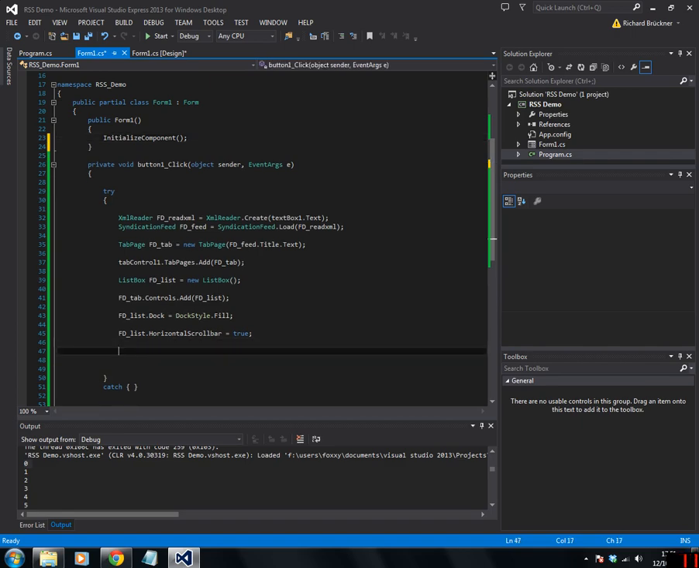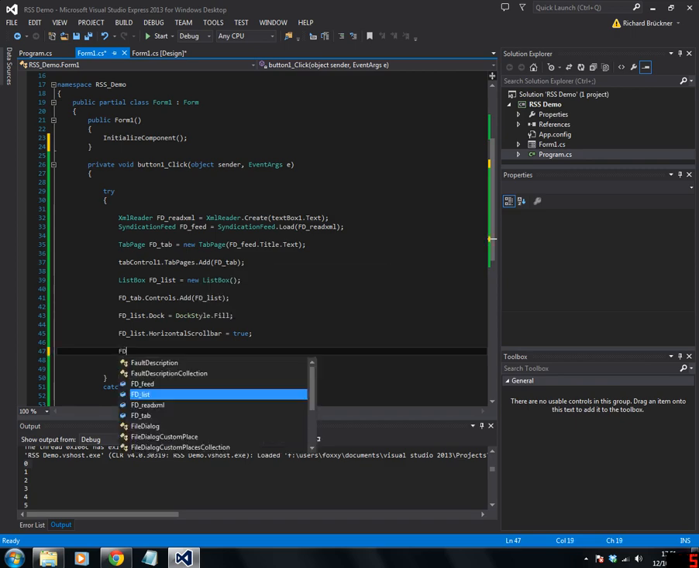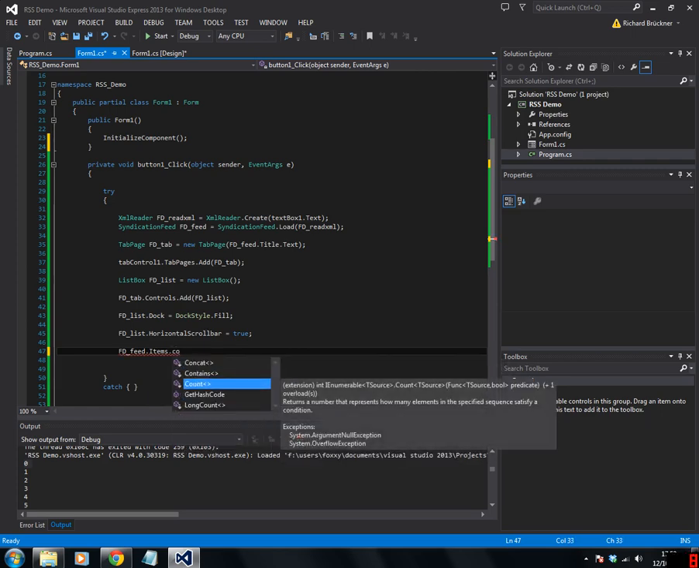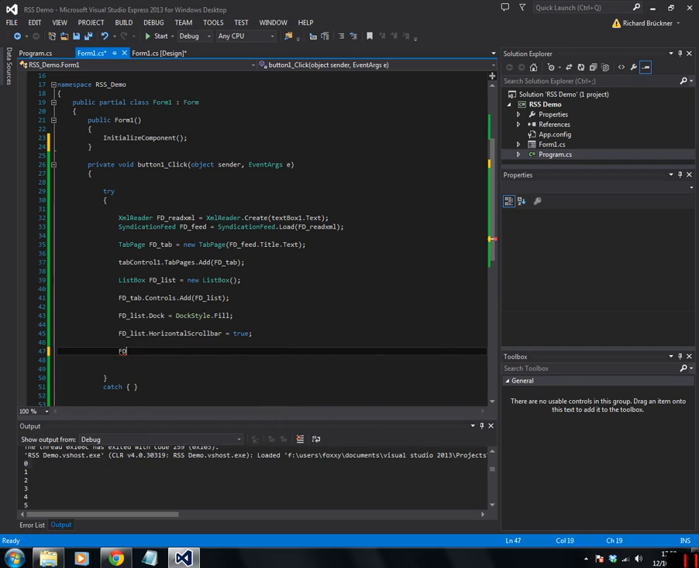Now, because we don't actually know how many items are in our feed, there could be hundreds, there could be 1, we can't do that kind of thing because we've got to specify. Now what we could do is something like, I'm not sure if this works, feed dot length maybe? Feed dot items dot length maybe? Length dot count? Count, or something like that. We can count the number of items in the list and work it out that way, but